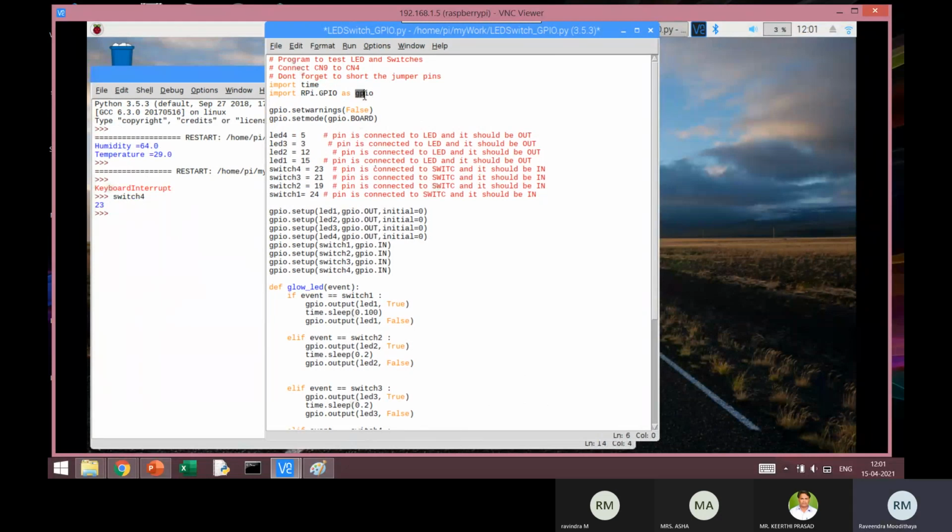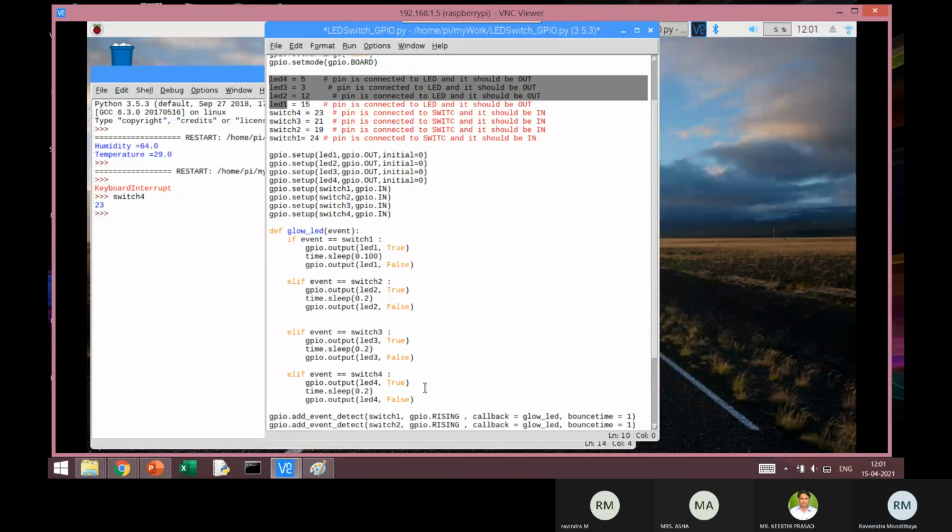So exactly the way you have given it here, that needs to be typed here. And this switch 1, 2, 3, 4 is a name that we have given. You have the liberty to choose a different name for this, and even for LED 1, 2, 3, 4. But once you have defined it here, the same name has to be used in the rest of the places in your program. That's very important.